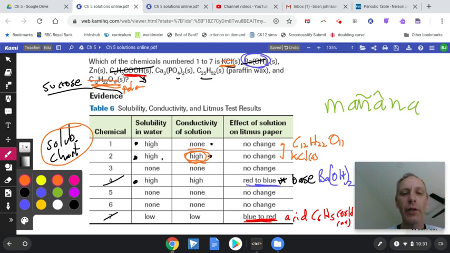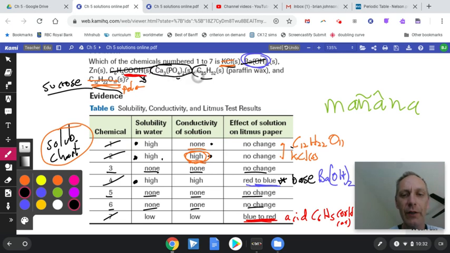Okay, so what have we got left here? Let's take a look at this chart. Gone, gone. So we have 3, 5, and 6. Now the tricky thing about 3, 5, and 6 is they are all the same. They have the exact same results. In other words, we can't really eliminate or narrow down any 3. We can just say that 3, 5, and 6 must be